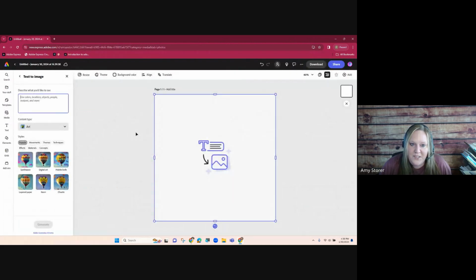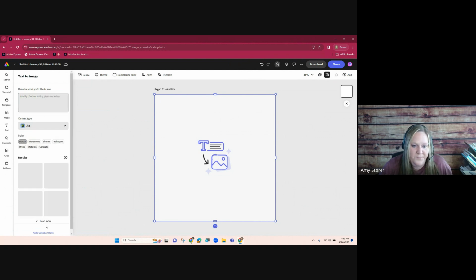Okay, this is also built into graphics too. This is that AI piece that we were talking about. So I could do, what could my prompt be? Family of otters eating pizza on a river. Let's see what happens. All right, so you can describe what you want to see here. You can choose the content type, how you want it to look, the different styles you may want as well,